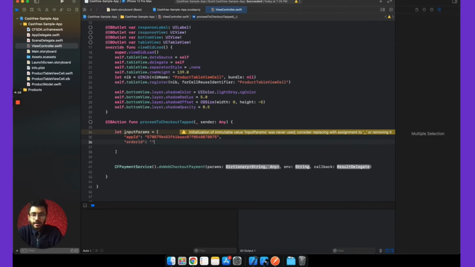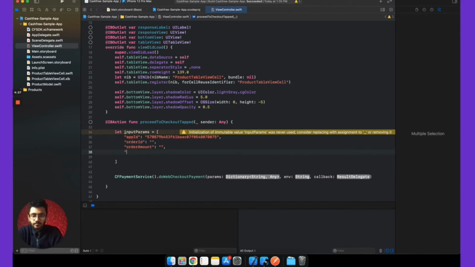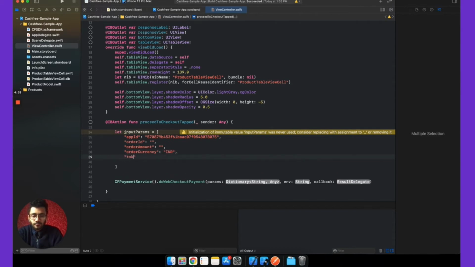We will add the order ID later. We will add the order amount later. We will add the token data later.